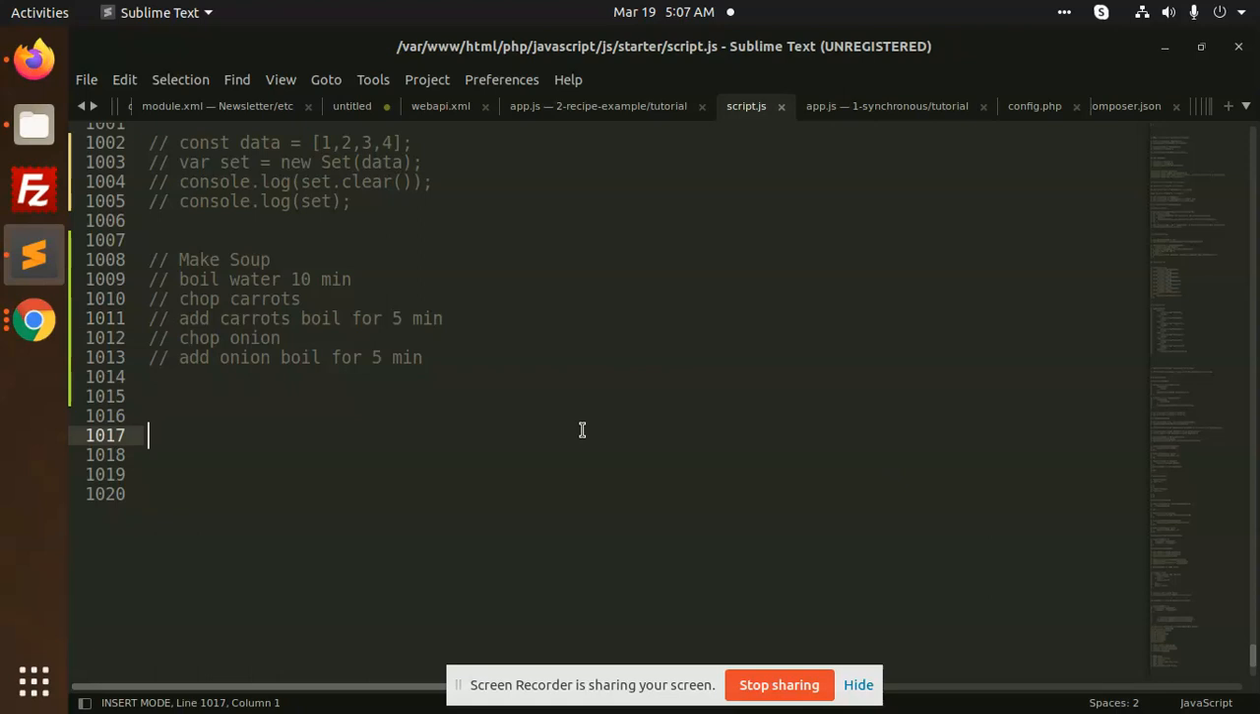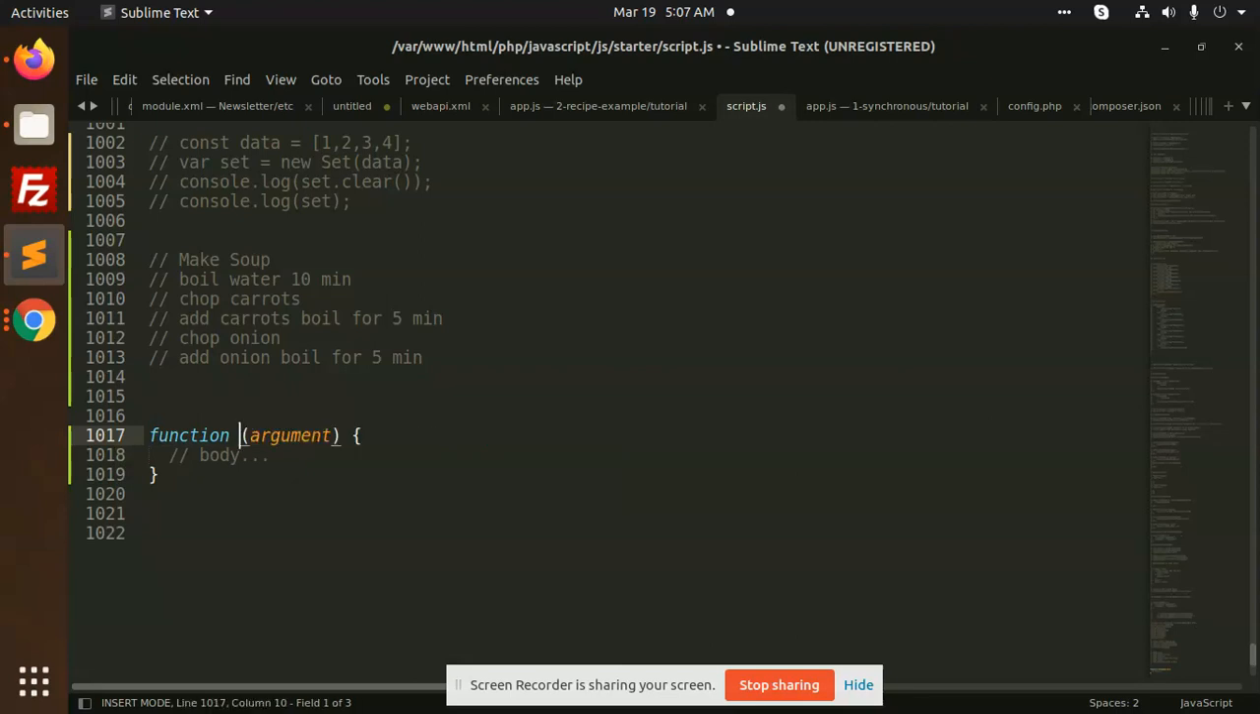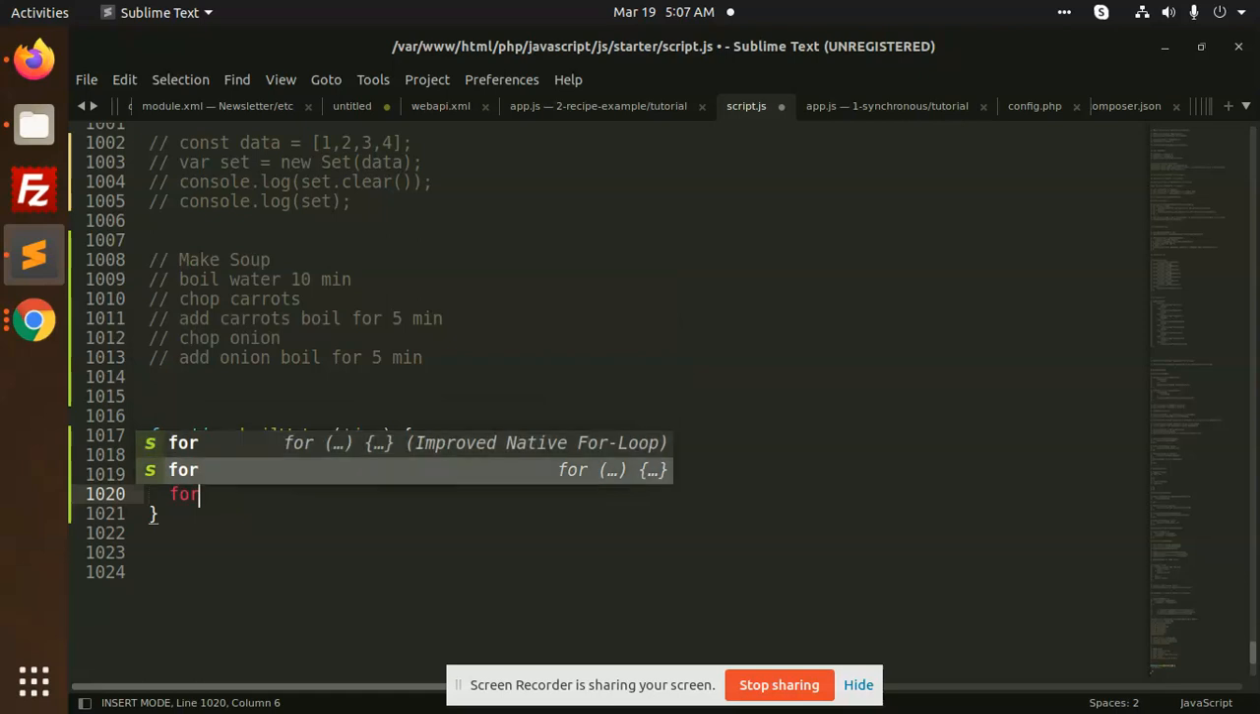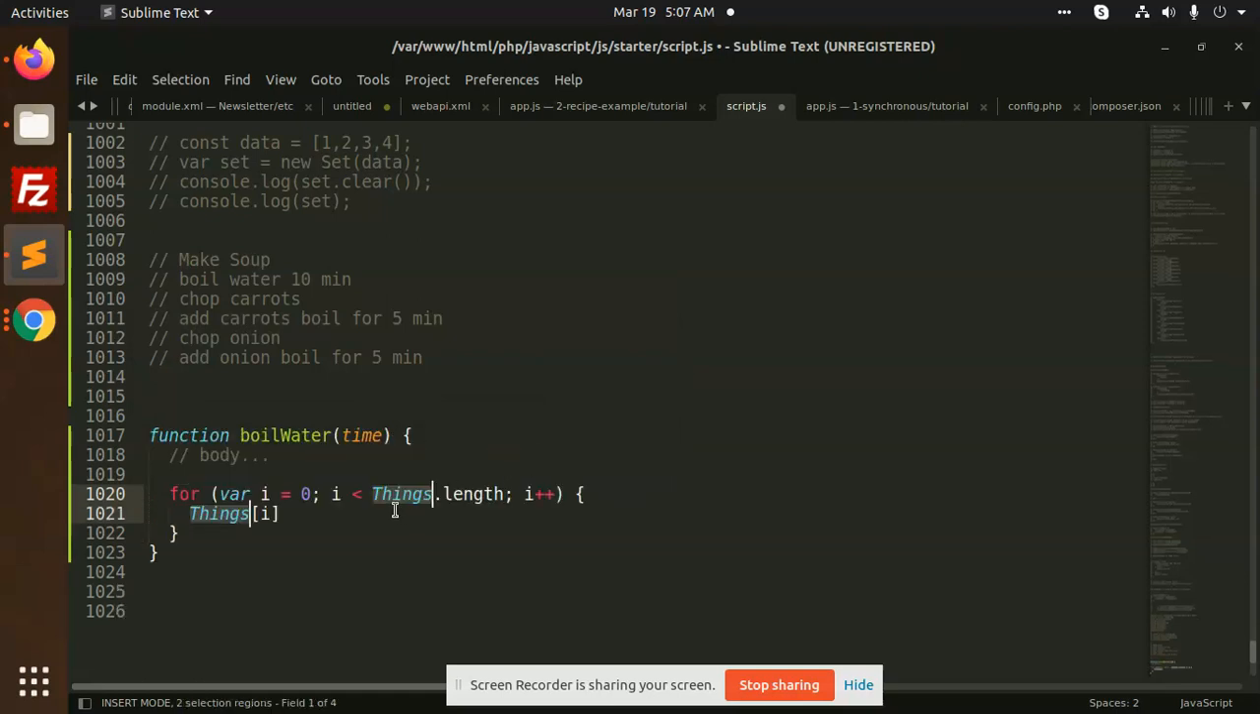So: boil water, then chop carrots, add carrots and boil for 5 minutes, then chop onion, add onion, and boil for 5 minutes. Taking this as an example, let's create a function named boilWater, and we will take an argument called time, and we will run a for loop. Here we are going to pass the time,